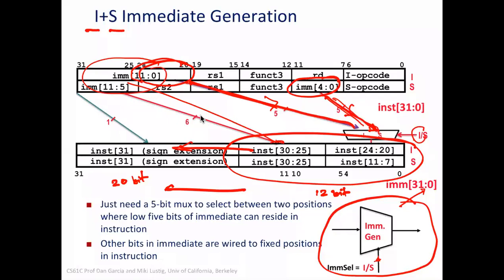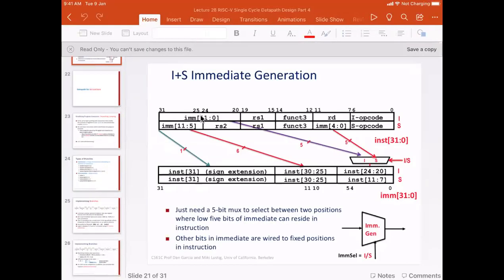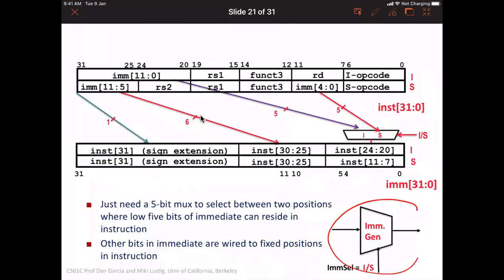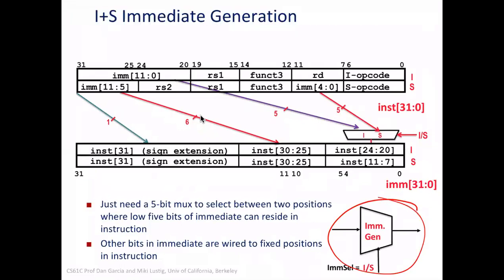What I'm trying to say is that the design of this has to consider which instruction is executing, and depending on that, take different bits. For example, for an S type instruction, take these bits, and bits from here, and bits from here, and combine them to create the immediate field. All right, so let's move. Somebody, please mute yourself.